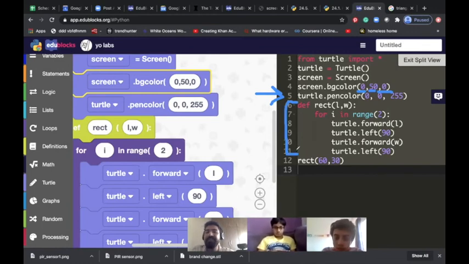What I did: if I put anything after def, def means define. That's the only meaning of def here. Rect is the name of the function because I'm creating a rectangle. Then I'm saying for i in range 2. Range 2 means 2 times. If I say i in range 10, you can take i like our fingers.